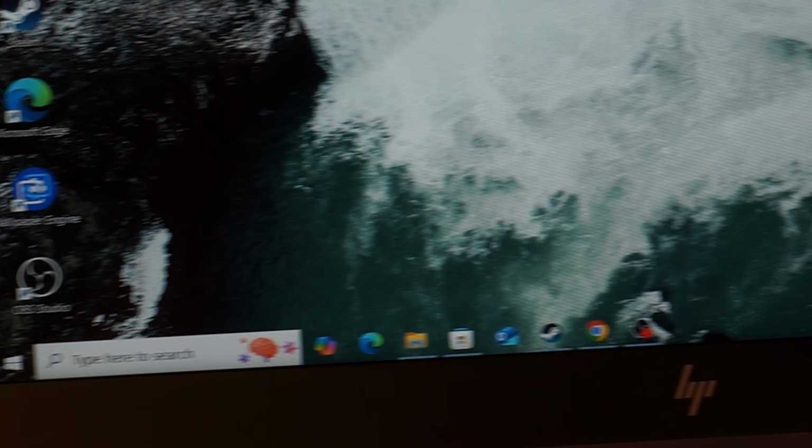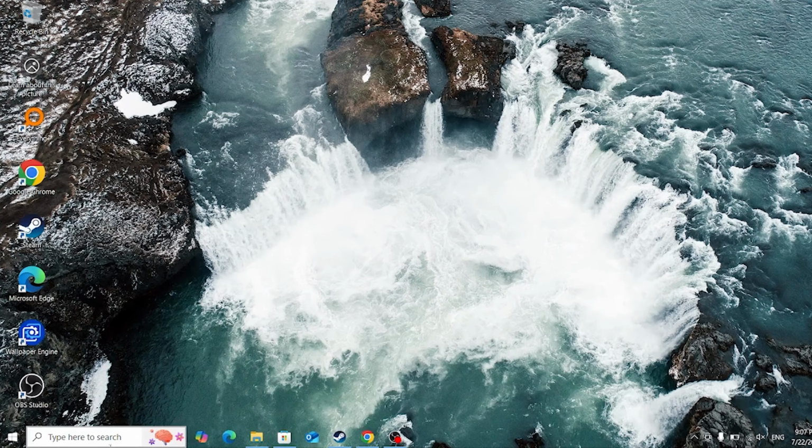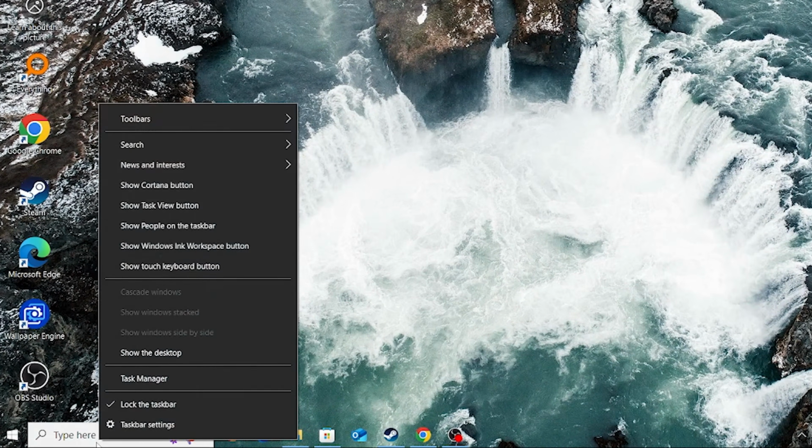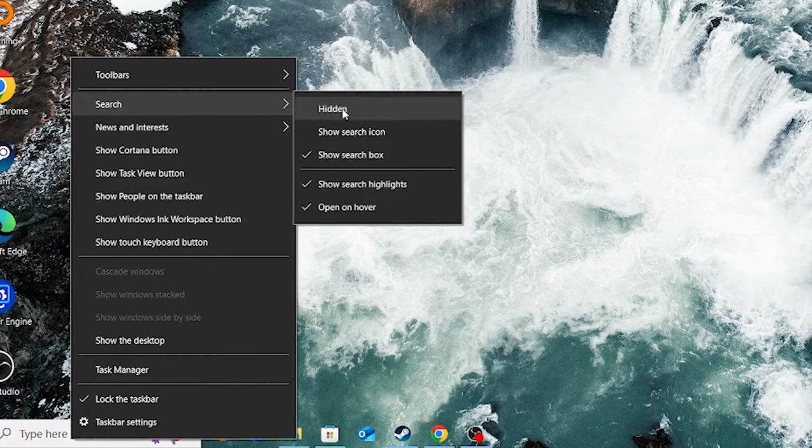Now we already have this quite sleek looking translucent taskbar, but as promised, we are also going to use some other system tweaks to make the taskbar more beautiful and the icons centered. First up, we are going to start by right clicking in the search bar, and in the opened up functions, we are going to unfold Search. In here, select the point